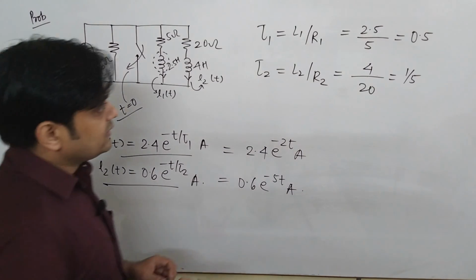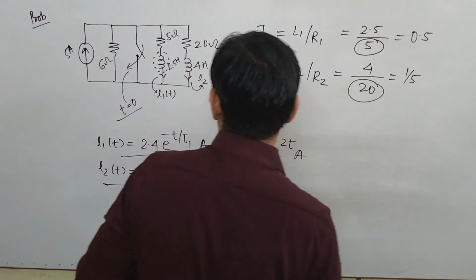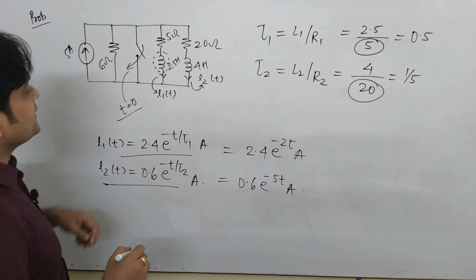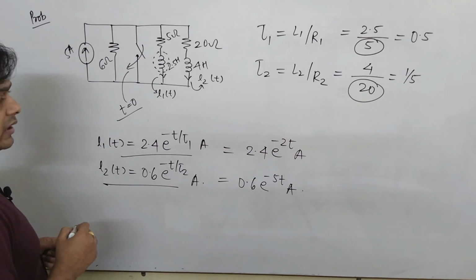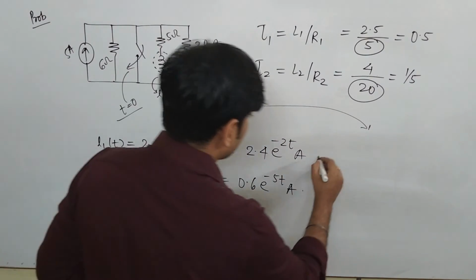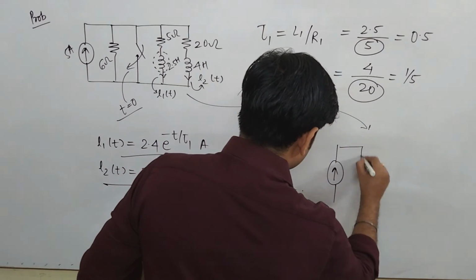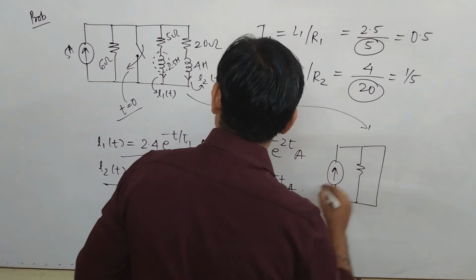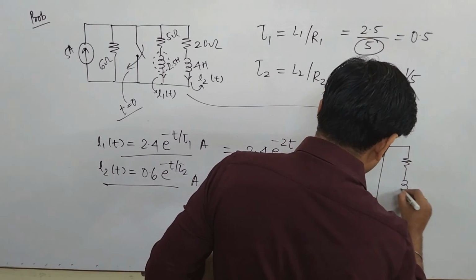Okay, now once again I am explaining how I have taken R1 and R2 as 5 and 20 ohm, because what happens when you find this value, this switch will get closed. Okay, this switch will get closed. If you see here, this is 5 ampere, this is 6 ohm, and now this switch will get closed here, and this is your inductor.